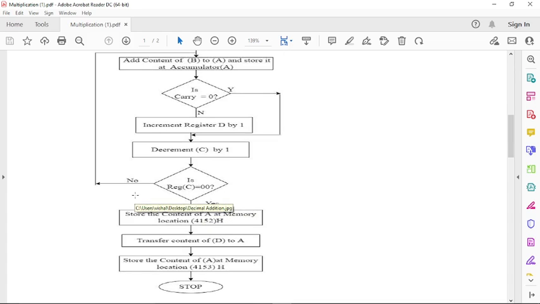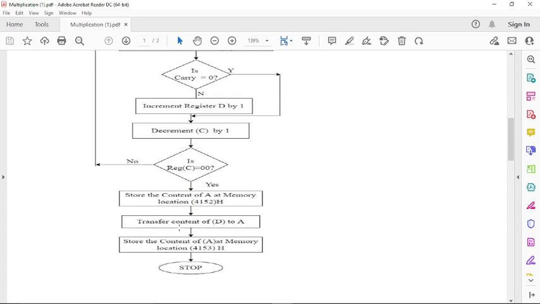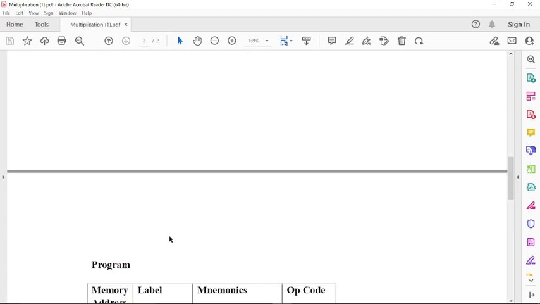Now the accumulator contains the result of the operation, that is multiplication. We have to store that content at memory location 4152H. Then register D contains carry. We have to transfer it to the accumulator. Then we have to transfer it to memory location 4153H. So finally the program ends here.